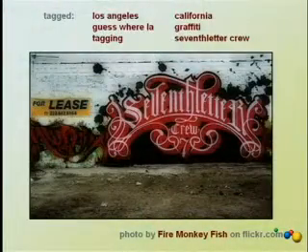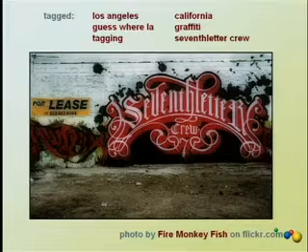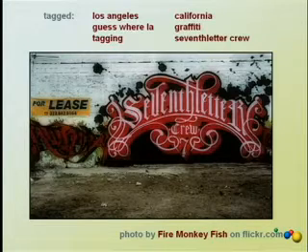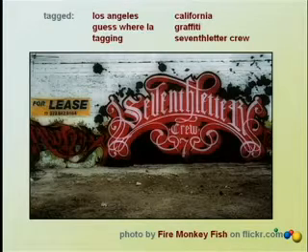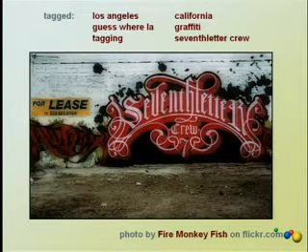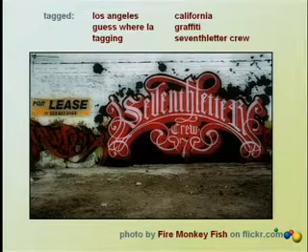So if you're here, you probably know what tagging systems are all about, but just for the sake of being thorough, here's an example. This is a photo from Flickr. It's a photo of a brick wall with some graffiti on it, and it was taken by Fire Monkey Fish. And Fire Monkey Fish decided to describe this entity, this photo, with some free-form words and phrases that we call tags. And he used tags like Los Angeles, guess where LA, tagging, which is how I found this particular photo. I did a search on Flickr for tagging, and at the time I created this talk, this was one of the highest return search results. I don't think it is right now, but